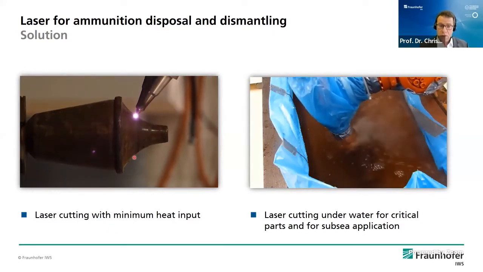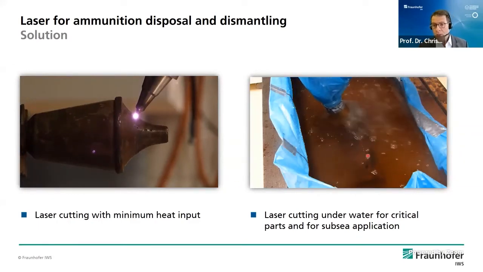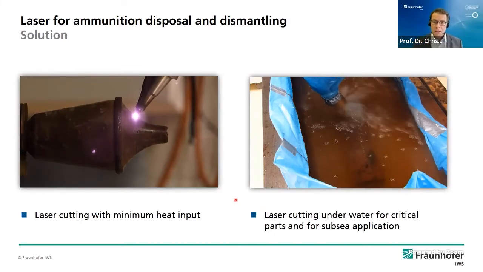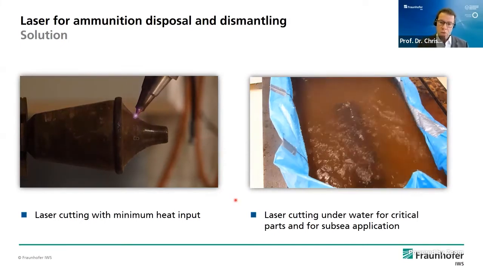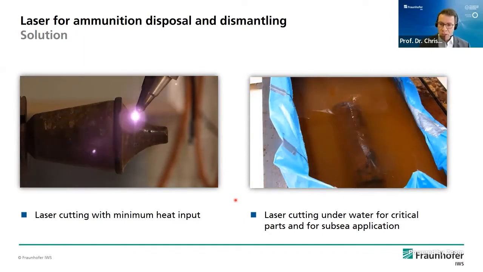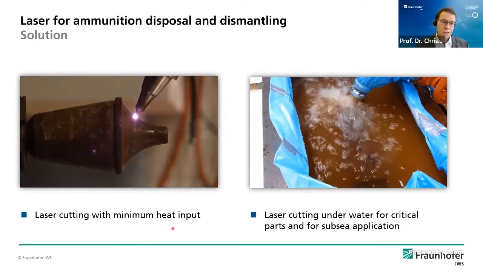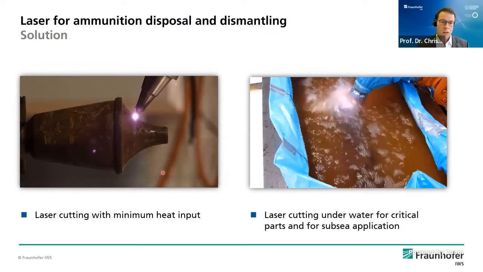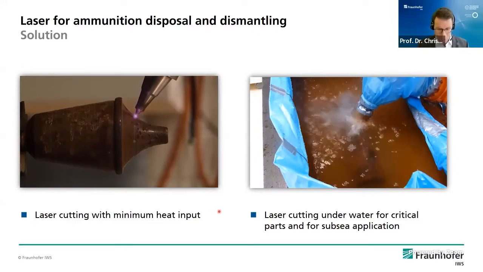And either you can do that in the open atmosphere in air or underwater, as you can see here on the right-hand side. So the laser is used as a cutting tool in this case to softly separate the material and then finally get access to the chemical that can be taken out then, and the two parts can be